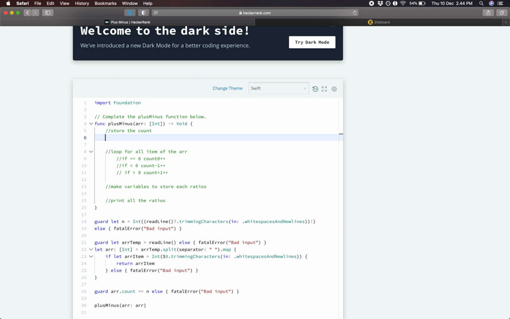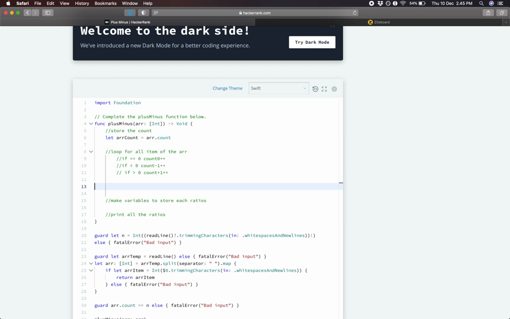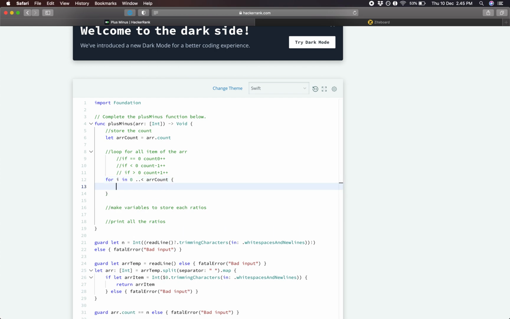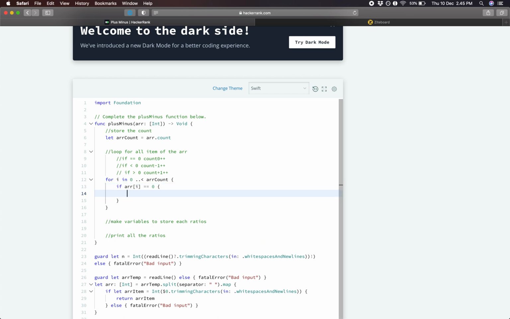Okay, store the count. What we can do is we have let count equals array dot count. What we want to do next is we for loop for i in 0 to the end of the array count, sorry, array dot count. We check if array i equals 0, then